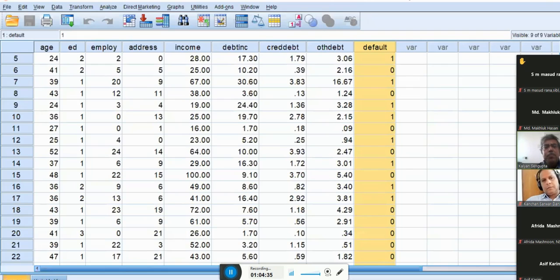My dependent variable is whether previously defaulted or not, which I call default as a short name. There is a thing called feature selection, which is about which particular features I should take in my model.